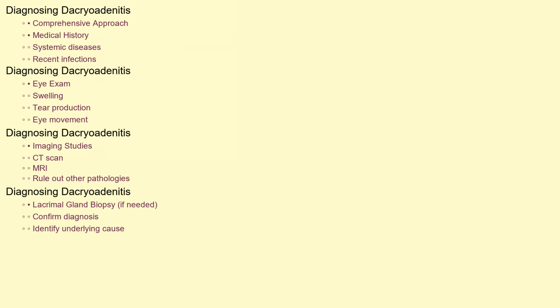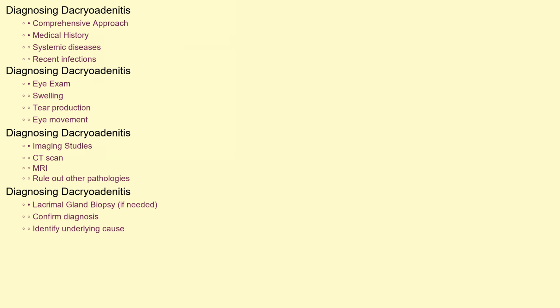Diagnosing dacryoadenitis involves a comprehensive approach. A thorough medical history is crucial, including any history of systemic diseases or recent infections. A detailed eye exam will be performed to assess the swelling, tear production, and eye movement. Imaging studies, such as a CT scan or MRI, may be ordered to visualize the lacrimal gland and rule out other orbital pathologies. In some cases, a biopsy of the lacrimal gland might be necessary to confirm the diagnosis and